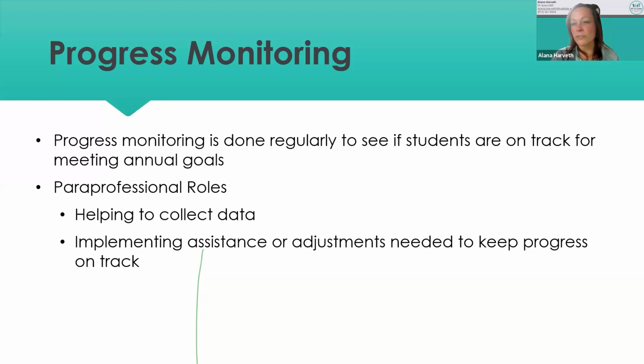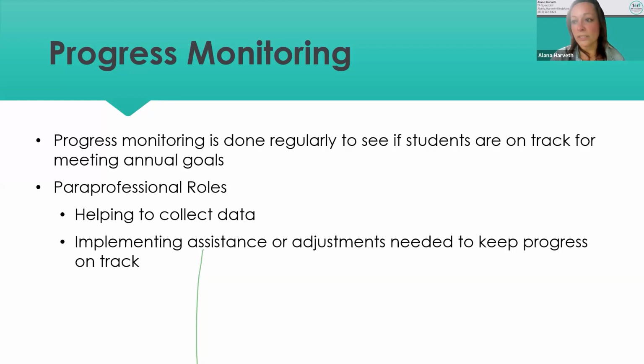So if something's not working, say you're working on fluency, or you have a specific reading program that you're working on, and it's not working, then maybe you're going to have to tell the teacher, this isn't working, they're not meeting their goal. Then the teacher can say, okay, we're going to try to add something else to this reading program, or we're going to add the computer part of this and have the student go on there for longer, or I'm going to pull them by myself and reteach it. So progress monitoring, that's what it is.